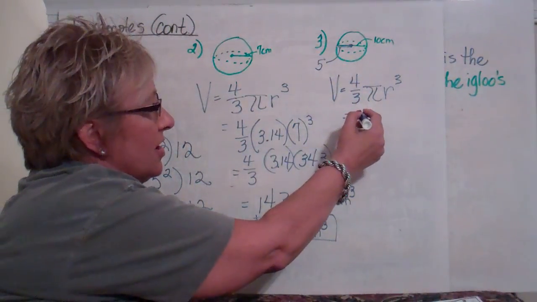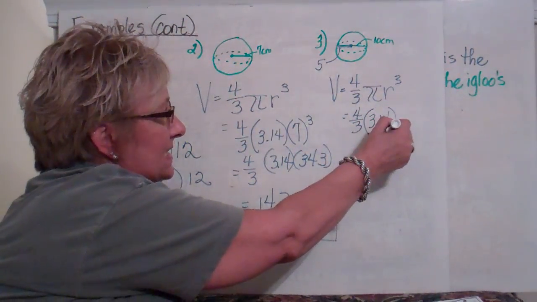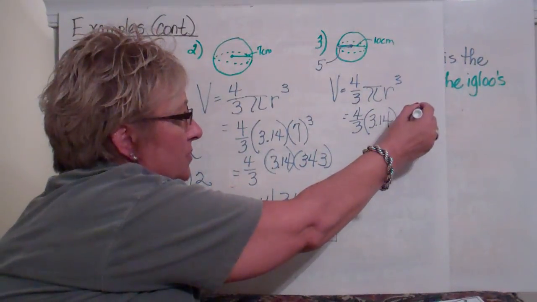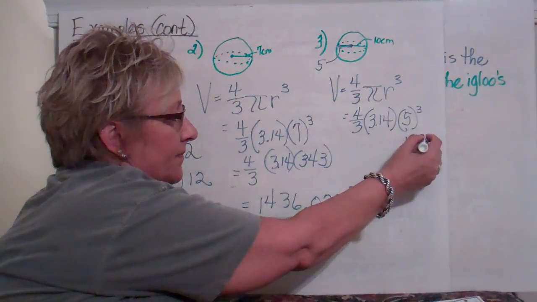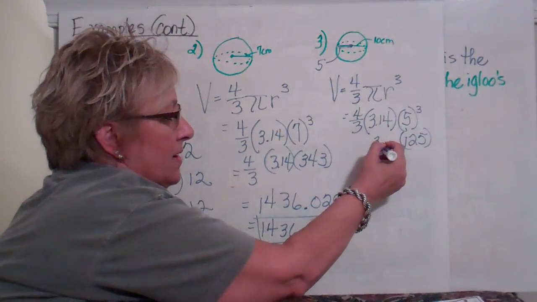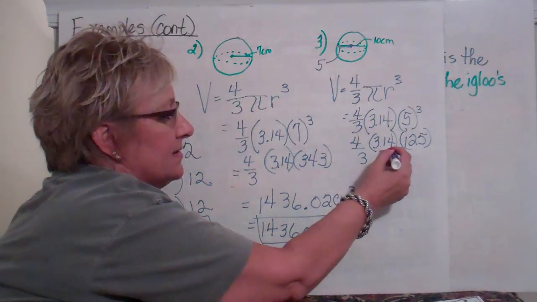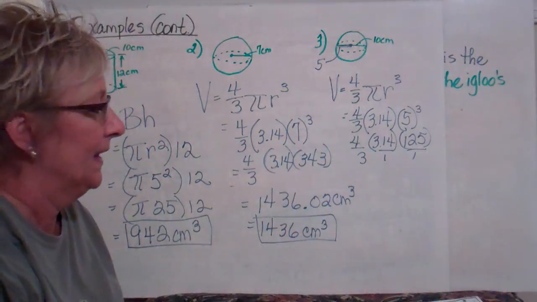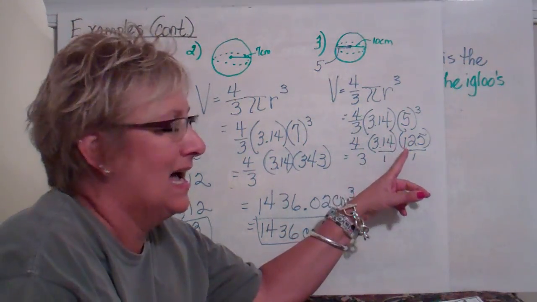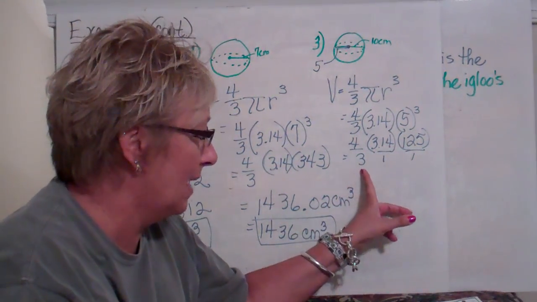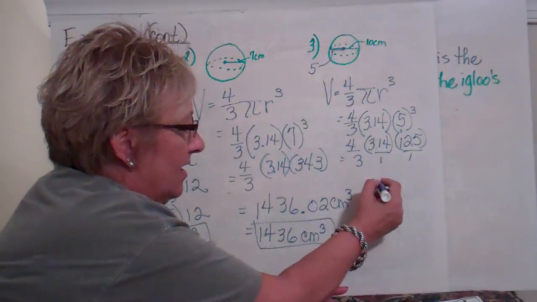So the radius from here to here is now going to be 5 because half of 10 is 5. So I'm going to come over here and say 4/3. Let's go ahead and change that pi to 3.14 times 5 cubed. Okay? I know that 5 cubed is 125 times 3.14 times 4 over 3. Now this is like putting these all under one, okay? Now I'm going to say 4 times 3.14 times 125. Then I'm going to divide it all by 3, and when I do that, I get, in a calculator,